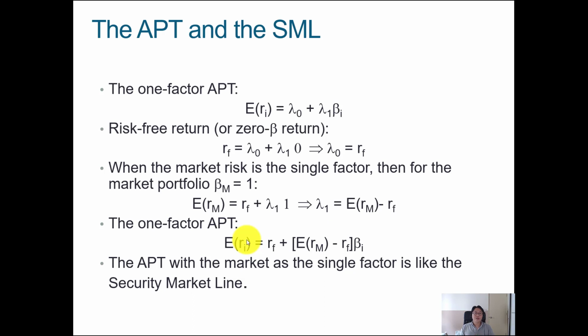What we're trying to do over here is introduce you to different types of theories like the CAPM, arbitrage pricing theory, and multi-factor models, and show you that the arbitrage pricing theory is a model that is more generalized than the CAPM, which focuses on just the market as a single risk factor, whereas APT allows for multiple factors in the pricing model instead. But if we bring it down to a single factor and look at a single factor as the market risk, it looks a lot like the security market line.